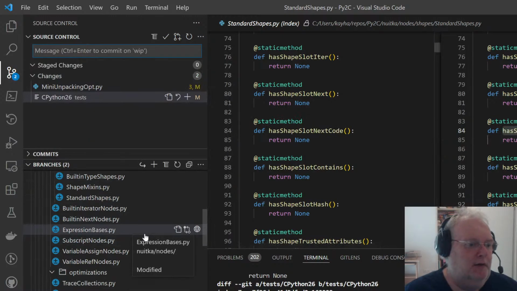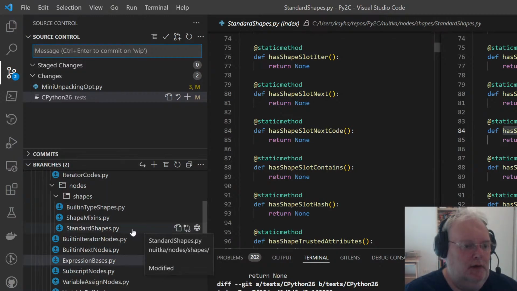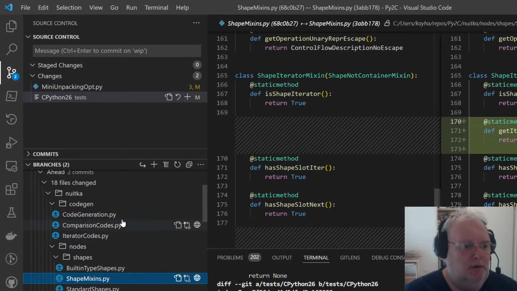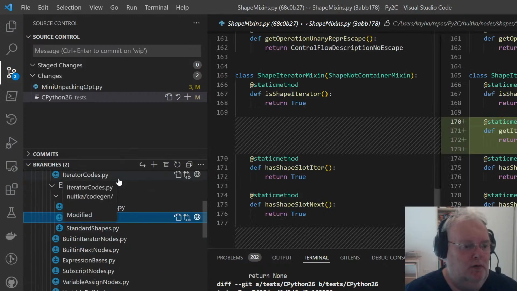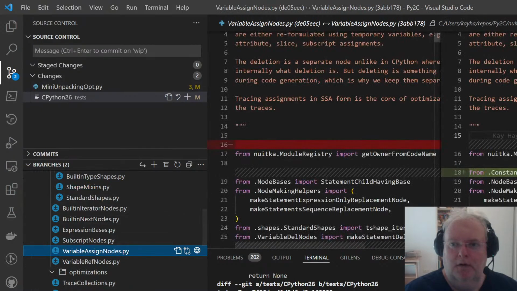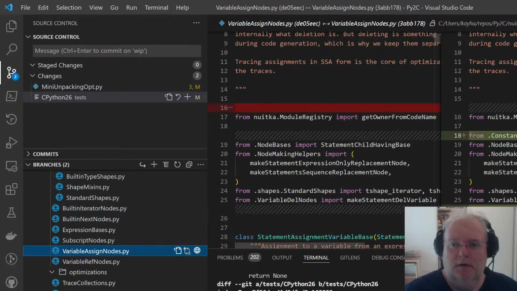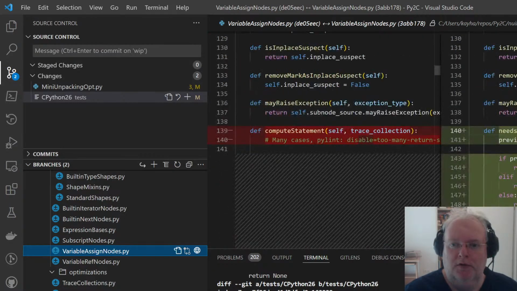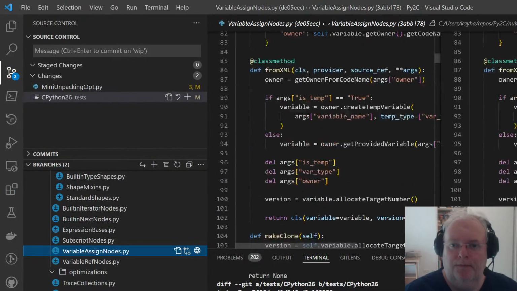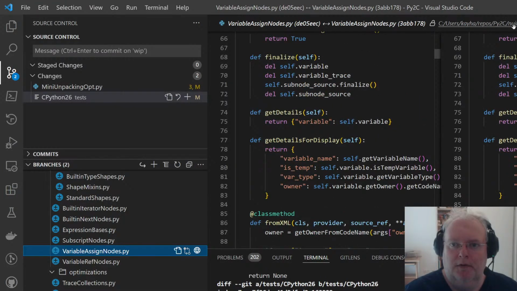So if next has code or not, it's about eliminating next. Yeah, as we know. So standard shapes. Yeah, we looked at all of this by now. And so assigning is actually what's left to look at. So I did some specialization here. Which class is this? It says above, I think. No.